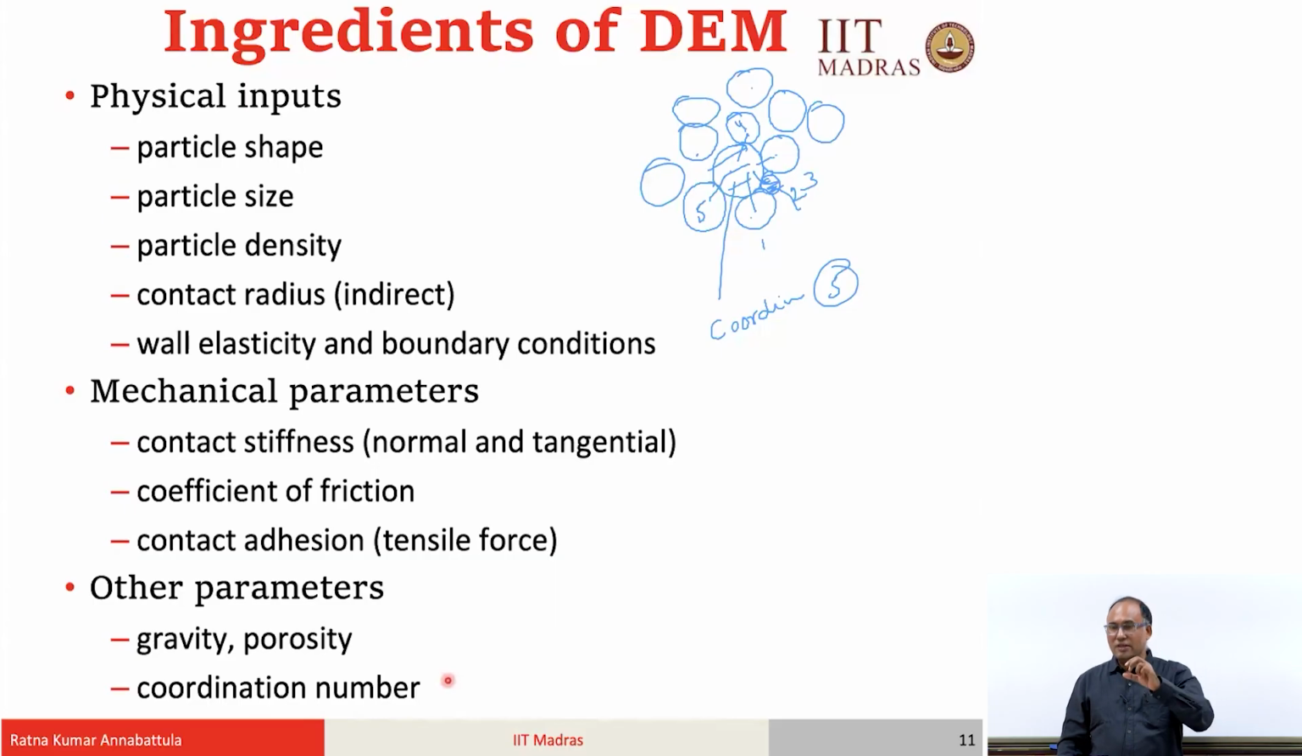So, if the average coordination number of an assembly increases, what is the meaning of that? There is more packing in the system. So, that is why the coordination number is a measure of the state of packing in your system. Okay? So, is it an input to the simulation? No, it is not an input. It is a state variable in some sense. You can actually find out at each and every instance what the coordination number is,